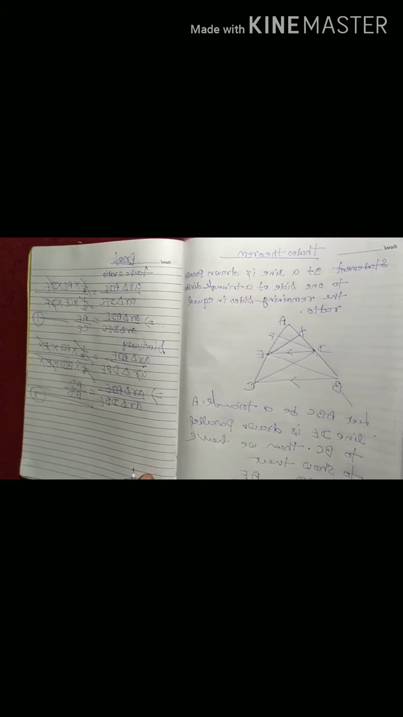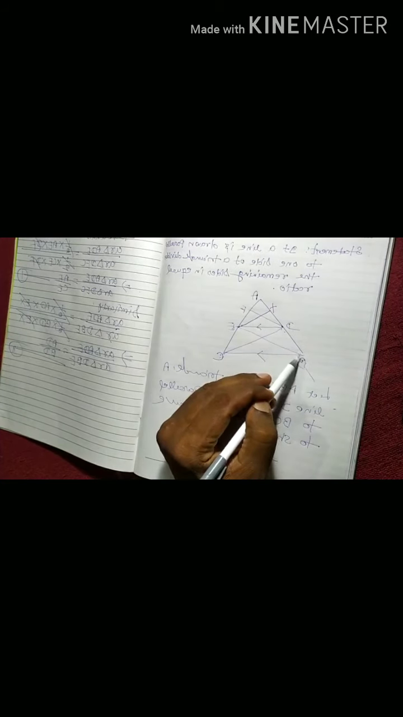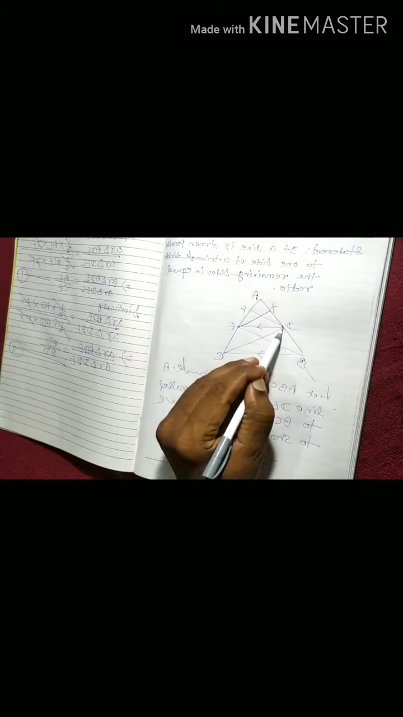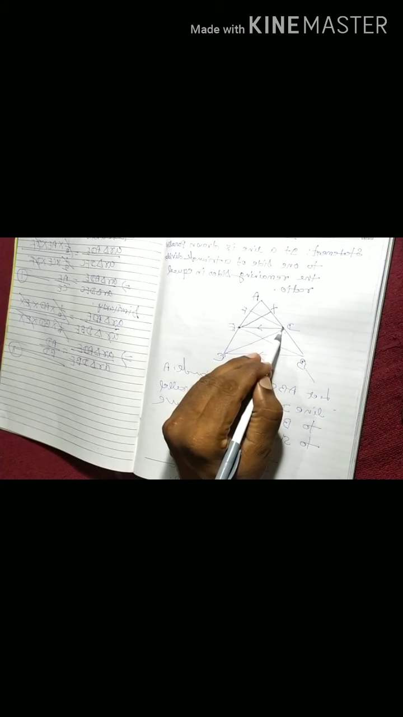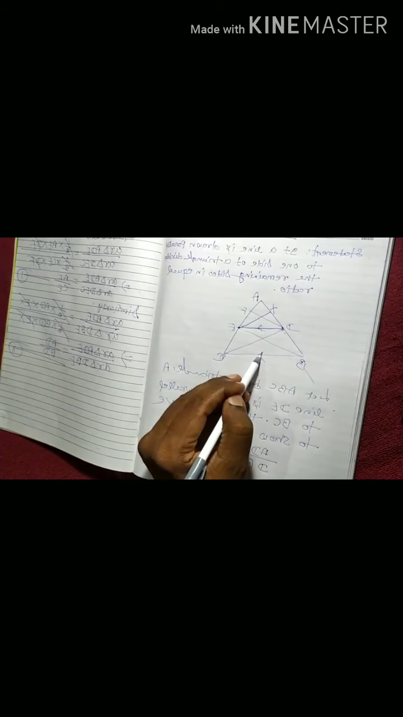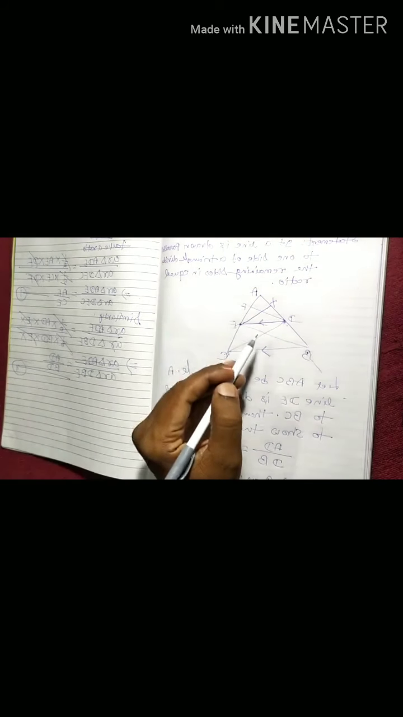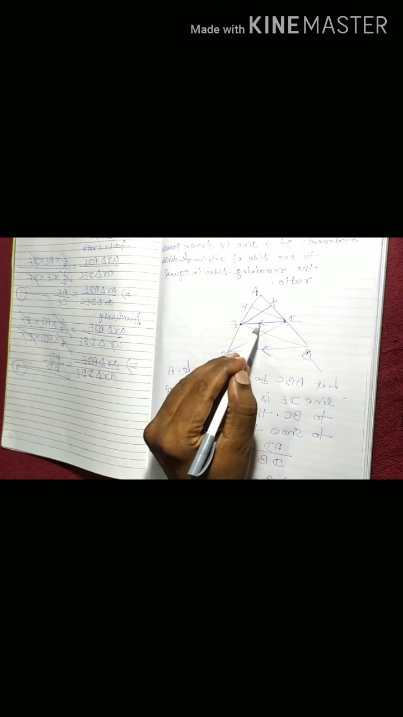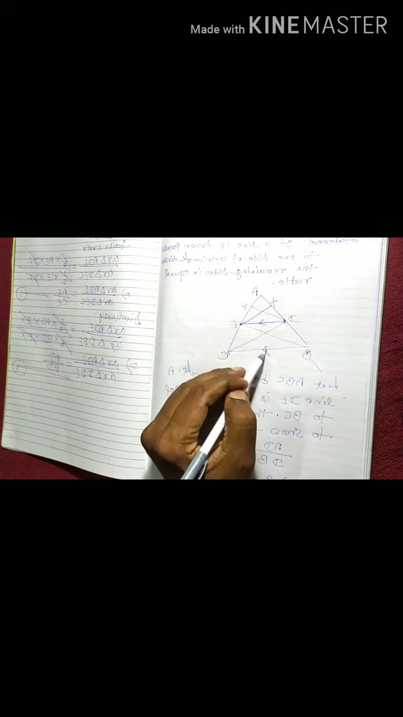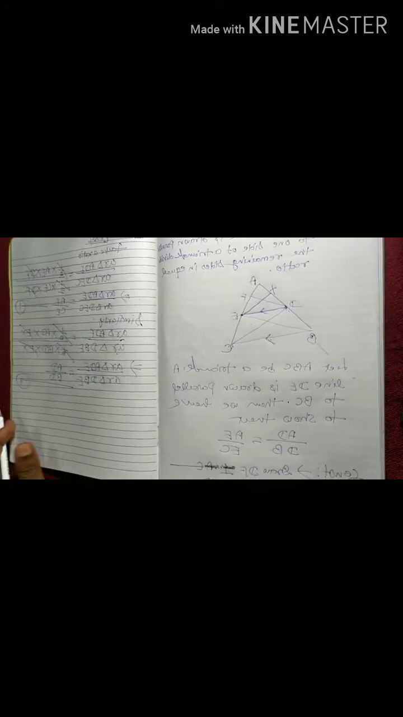Equation second. Here we see that triangle BDE and triangle CDE are on the same base DE and in between the same parallels DE and BC. And we know that triangles which are on the same base and in between the same parallels are equal in area. Therefore,